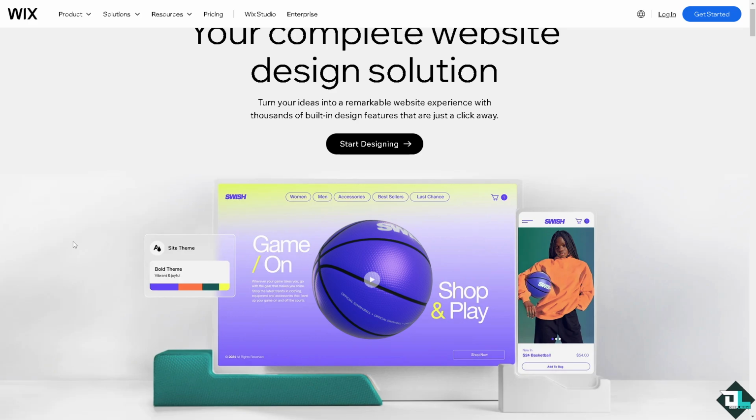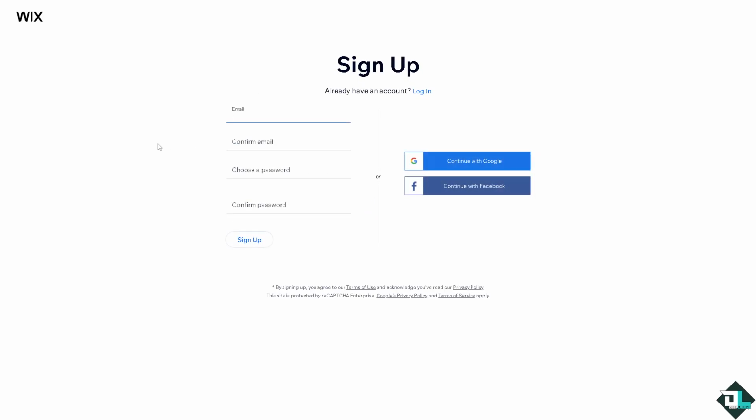www.wix.com. If you don't already have an account, you'll need to sign up. It's super simple. All you have to do is click the Get Started option here on the upper right corner. Now, when you do that, you will be forwarded to this page wherein you can sign up with your email, like your business, personal or work email, or you may use your Google or your Facebook account, wherever